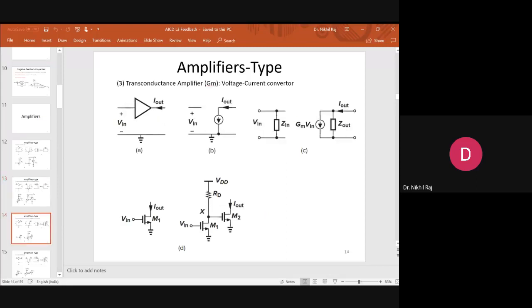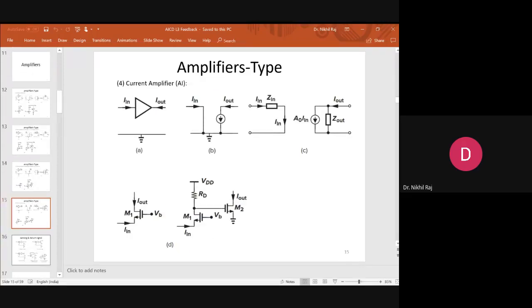Then third type of amplifier here, transconductance amplifier. Transconductance means input will be your voltage and output should be your current. Then fourth was your current amplifier. So current I out by I in. So in all the four amplifiers, we know what will be the unit of the transfer function. Here we cannot say gain. Like gain we can say for voltage amplifier and for current amplifier, but for transimpedance and transconductance we will not say gain, but we will say the transfer function value, because a unit is existing there.